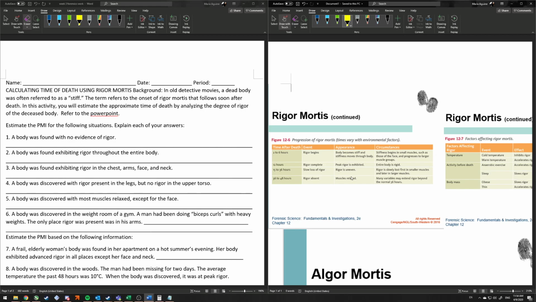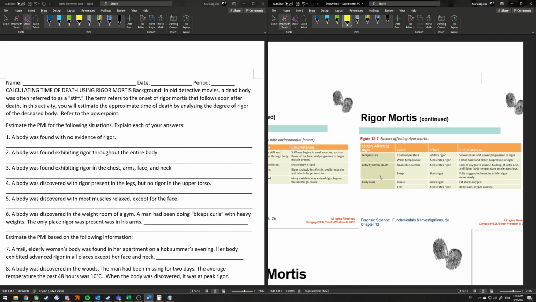After 15 to 36 hours, rigor is uneven, so you start to lose some of that stiffness, and that stiffness is gone in the places where it first starts. I know it sounds a little weird, but if it starts in the small muscle groups, that's where you lose it first. So it starts first in the smaller muscles like the face, and it is lost first in the smaller muscles like the face. And then after 36 to 48 hours, there's no rigor whatsoever. So your body is all loosey-goosey.